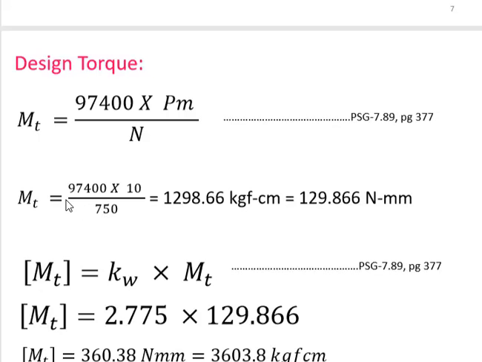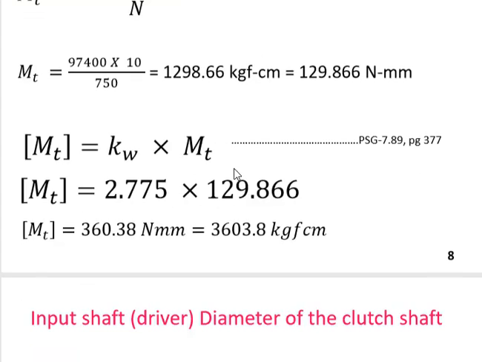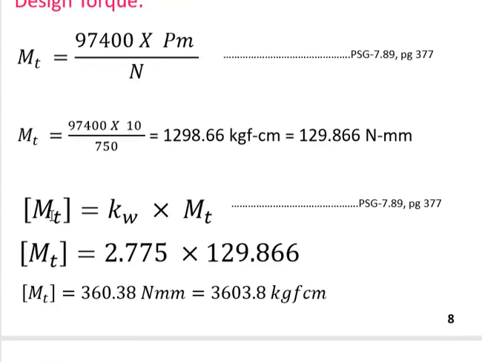So because they have multiplied this factor 97400, we can get the value in kgf centimeter. So it comes around 1298.66 kgf centimeters. When you convert it into Newton, it becomes 129.866 Newton mm. Now to find out the design torque MT, we need to multiply kW with the torque that